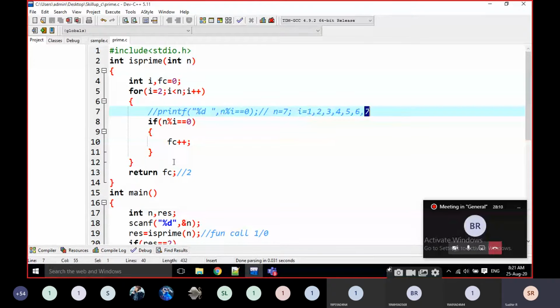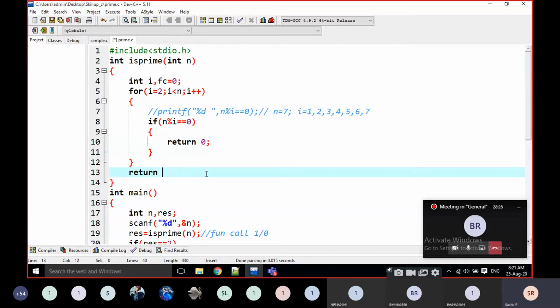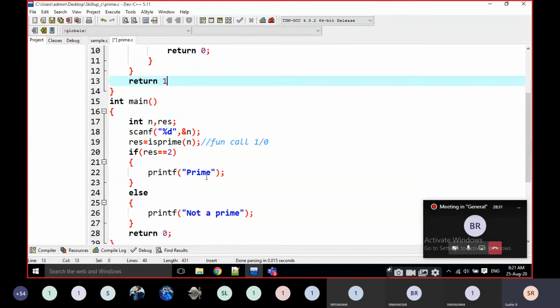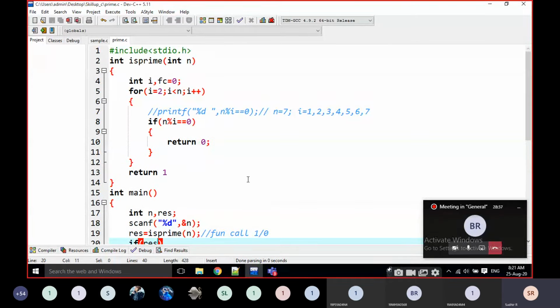Here, if the number is divisible by any i value, that is not a prime number. That's why I'm passing 0 here, for example 1. Instead of 2, here I'm writing the result. That's it. I'm giving small modifications here.